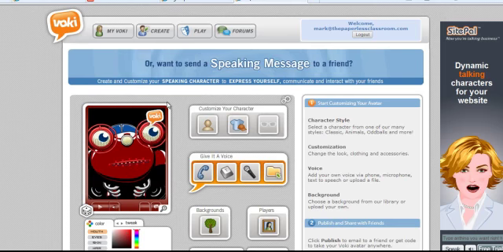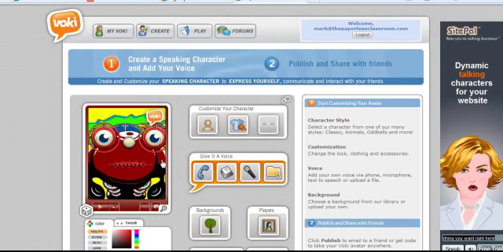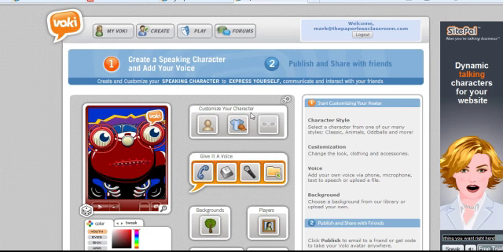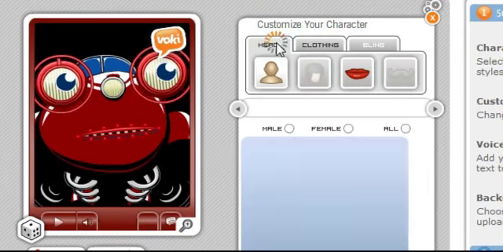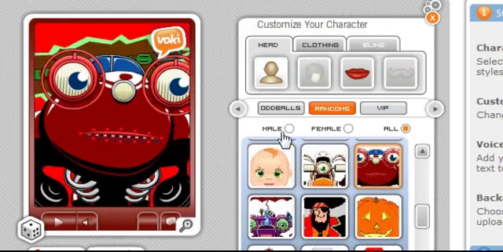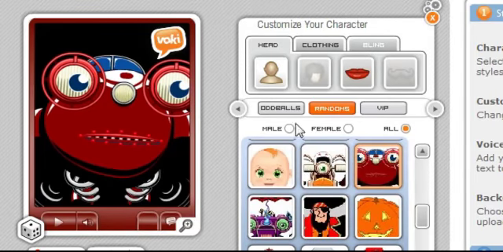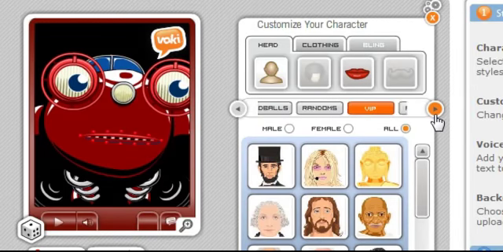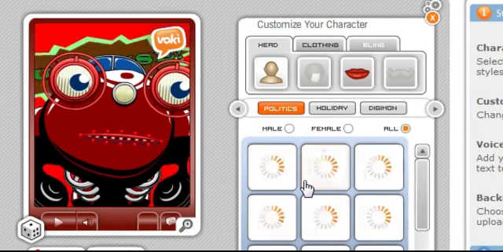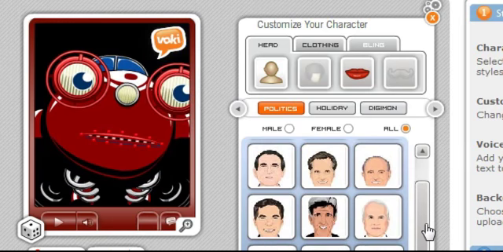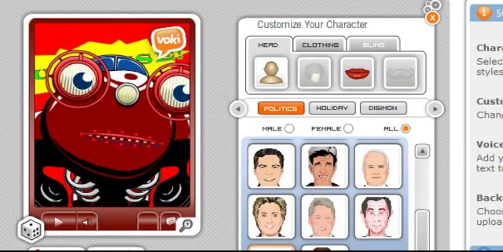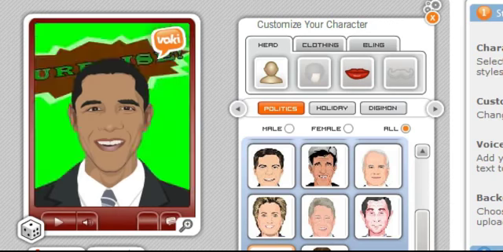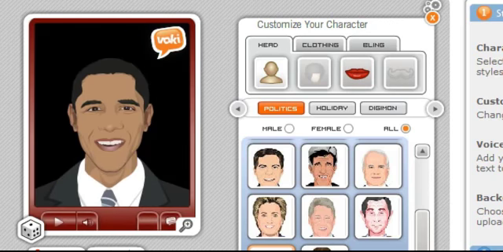So when you click Create, you get a nice little character over here, and your students will really love these animations. And what you're going to do is start up here with Customize Your Character, and what you'll see are some choices. So you can go with the oddballs here, or the randoms, or you can click over to the VIPs, and there's a whole lot of different things. You can go to politics, and you can choose one of these. Maybe you'd like to podcast as President Obama, and you could click on that one there, and so you're ready